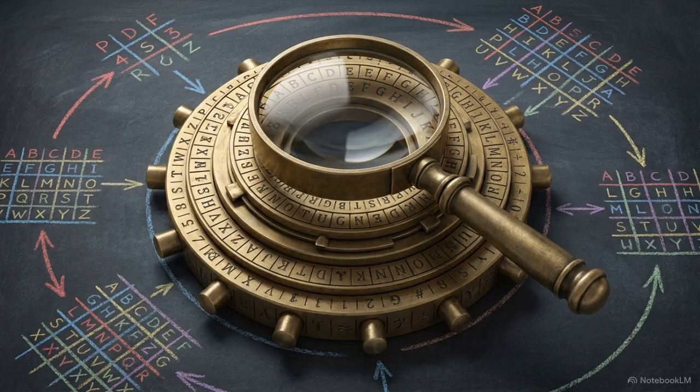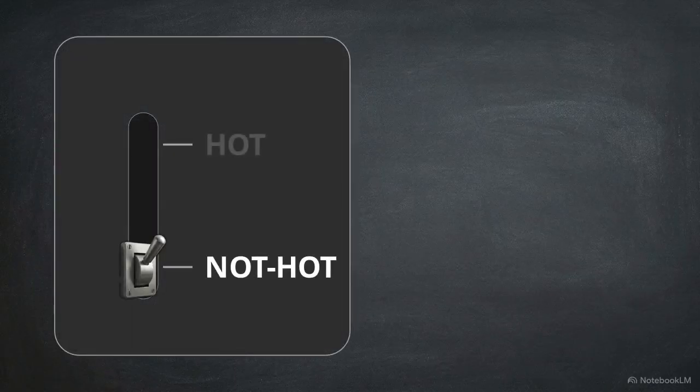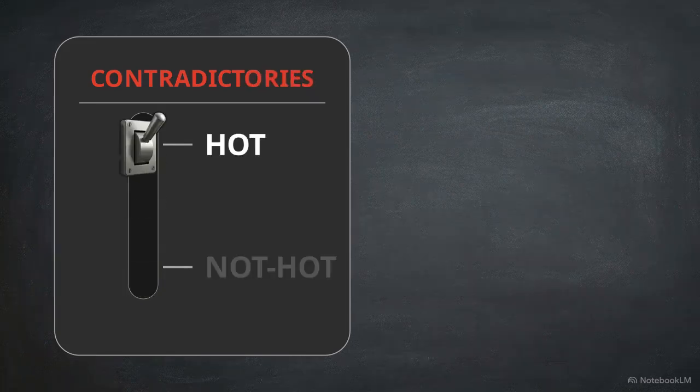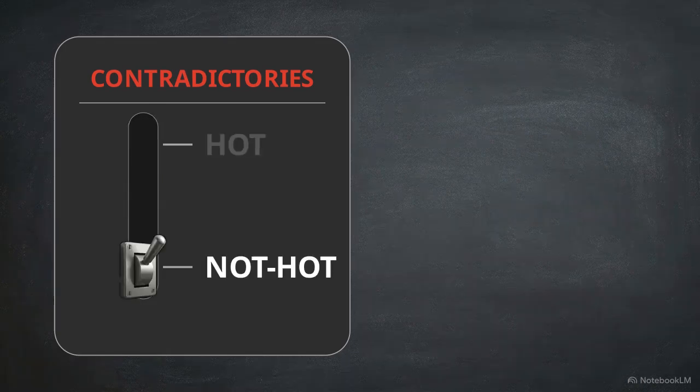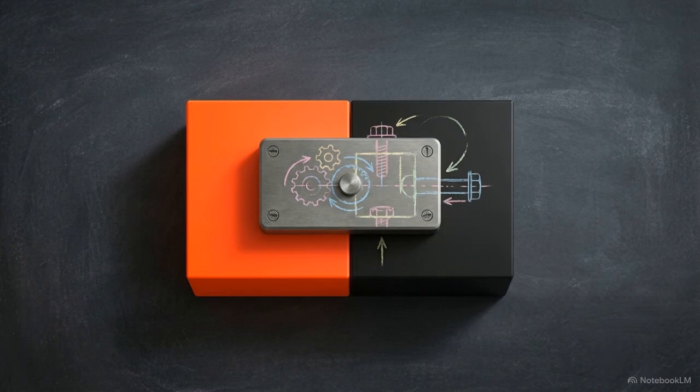The mechanics of the false alternatives fallacy rely entirely on a specific linguistic trick. Exposing that trick requires us to define the strict logical difference between two distinct concepts, contraries and contradictories. This diagram shows a mechanical interface representing the first concept. This toggle switch is labeled contradictories. Notice how the mechanism snaps rigidly between two absolute states, hot and not hot. Contradictories are mutually exclusive extremes. By definition, they exclude any gradations. There is absolutely no middle ground between a term and its direct negative.